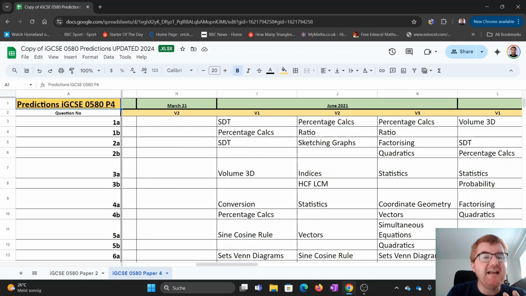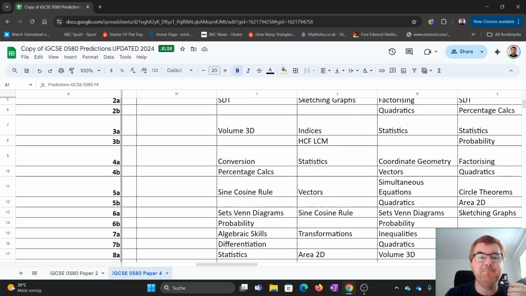Now, number 3, of course, is actually bringing all this together and having that experience of the iGCSE, knowing what topics can integrate into other topics. Now, what do I mean by that? Probability is a really good example of this. So you'll notice here, sets and Venn diagrams often lead into a probability question. So even though probability maybe on its own as a standalone topic is not particularly popular, it feeds into so many sets questions, so many statistics questions, that should be counted a little bit more than maybe what the frequency